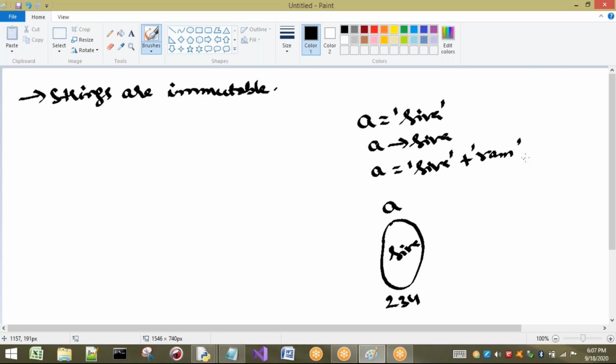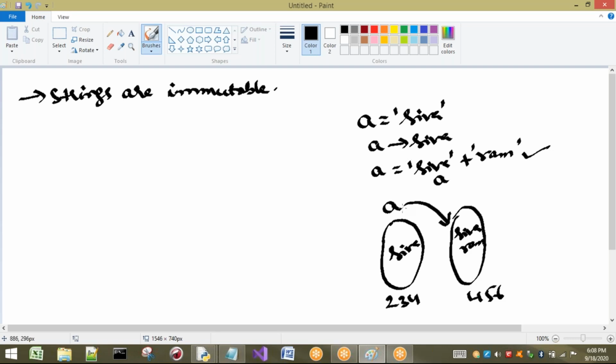When I perform the statement a equal to a plus Ram, generally we think the result is going to be updated here only, but that is not the case. Separately, one object is going to be created, and initially a is pointed to this one. Now a will be pointed to the new one, where Shiva and Ram are concatenated, and it will be a different address.